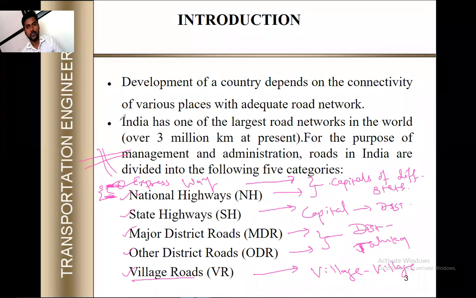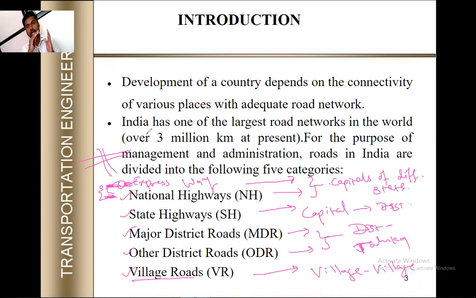Suppose in the national highway, there are certain junctions we provide. Speed breakers we provide, signals we provide, but in the expressway there are a smaller number of junctions. We can say a minimal level of junctions is provided in the expressway. There are no junction roads in the expressways, so we can say the accessibility of the expressway is very less. It is negligible, and the accessibility of the national highway is more as compared to the expressways. So this is the basic difference between these two.